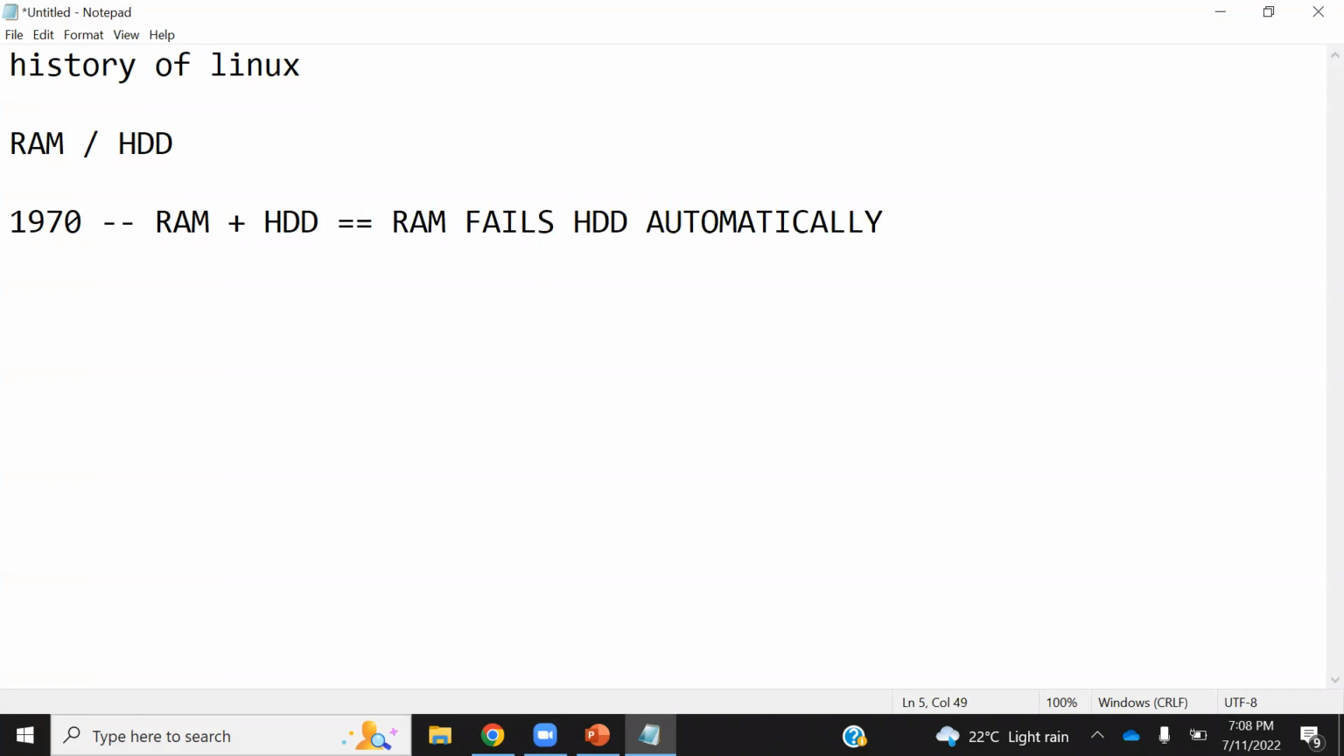Now this is a problem. There is a problem in RAM, but along with RAM, hard disk is also failing. If there is a problem in hard disk, RAM is also crashing. So that was a problem. Now to solve this problem, what